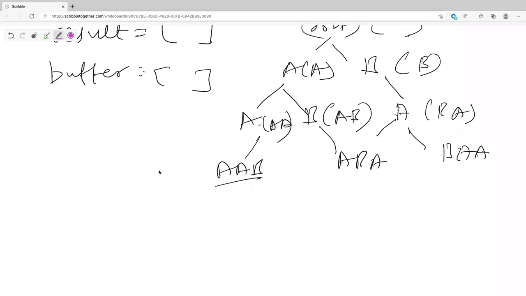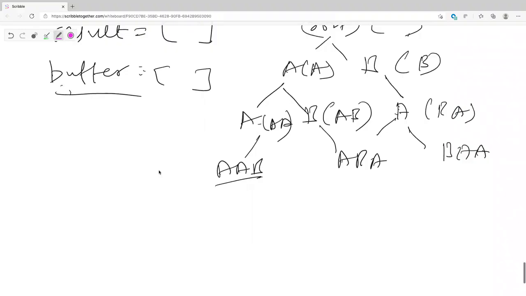And always make sure your buffer is, in Python, an array, or if you're using Java, make sure it's a StringBuilder and not a string, right? Always remember that, because you don't want to create multiple strings on your heap, and by using StringBuilder you're just changing one string. I think internally it's also using an array or something. Always use a StringBuilder when you're using an array. Fine. Now let's say you used a buffer, and what else do you do here?